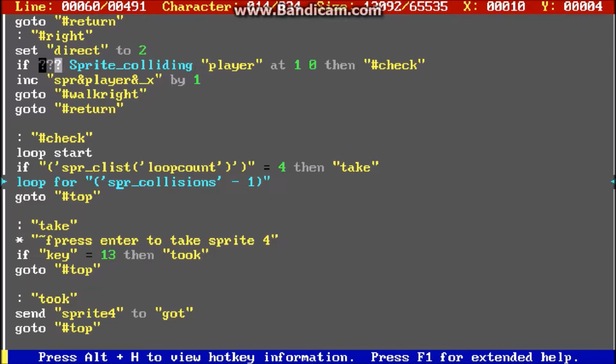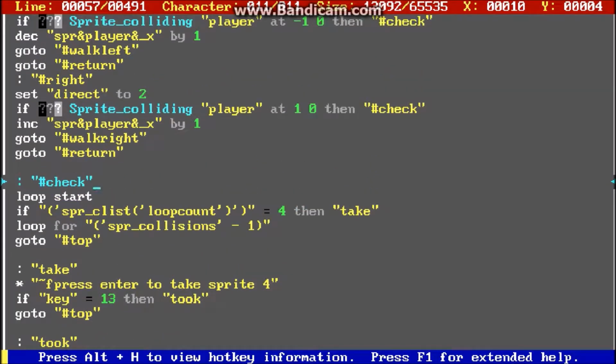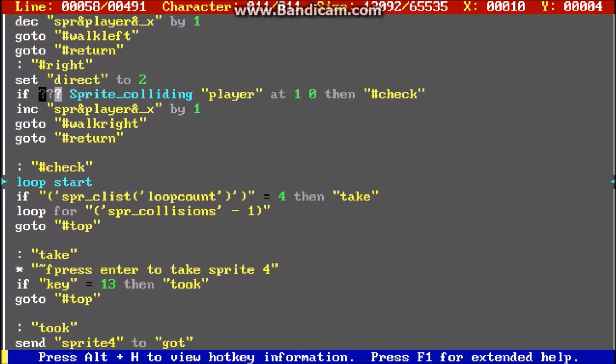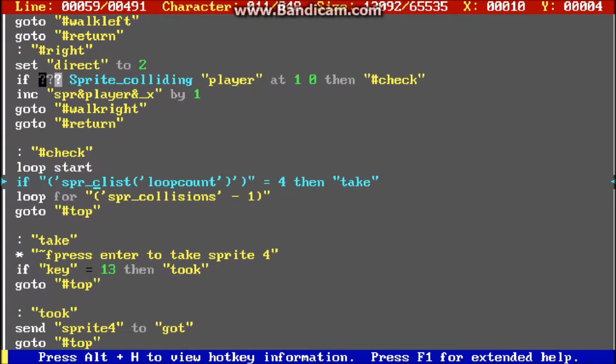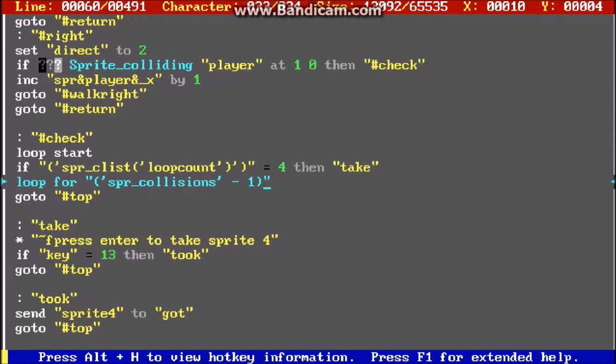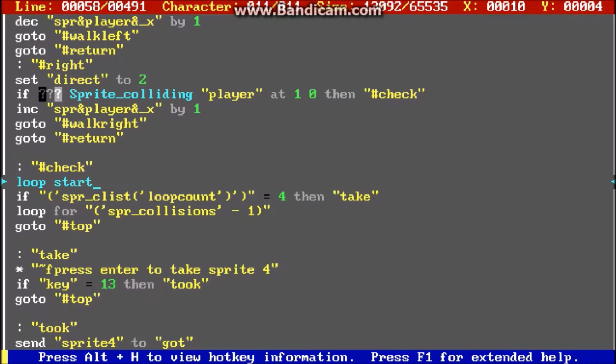Now we've collided with 3 objects when I walk into that line of 3 objects: the custom floor and sprites 4 and 5. So it's going to set sprite collisions to 3, so it's going to loop for 2 more instances. So it's going to go back to loop start and increment loop count by 1, and then it's going to say if sprite collision list 1 equals 4, then go to the label take, and then it's going to go through this loop one more time and increment the loop count counter to 2,